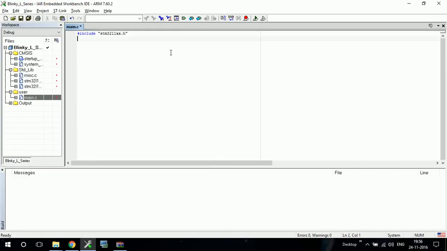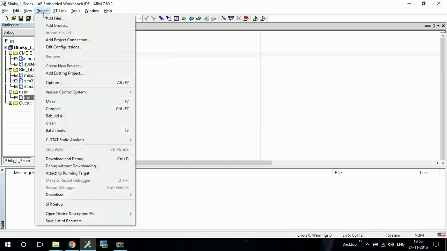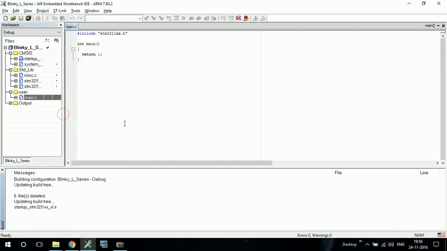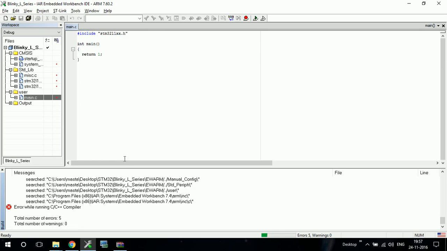So we will include this and we'll write a main function, because as soon as the program starts running, it will search for the main function. By writing this much code, you can check whether your IDE setup is correct or not. So let us rebuild this and see whether we get any error or not.